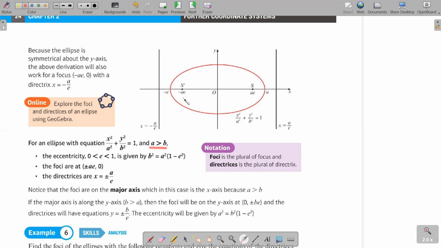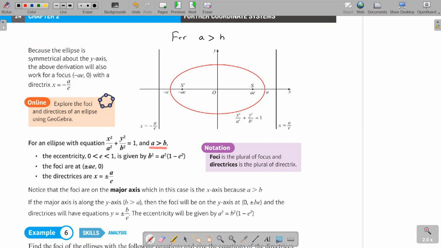Yeah, the thing is this, whatever your major axis is, your directrices and foci will be on the major axis. Which means what? When the y-axis becomes the major axis, your foci and directrices will be on the y-axis. So we'll draw that diagram after this. Can you all first sketch this diagram? This is for what? This is for